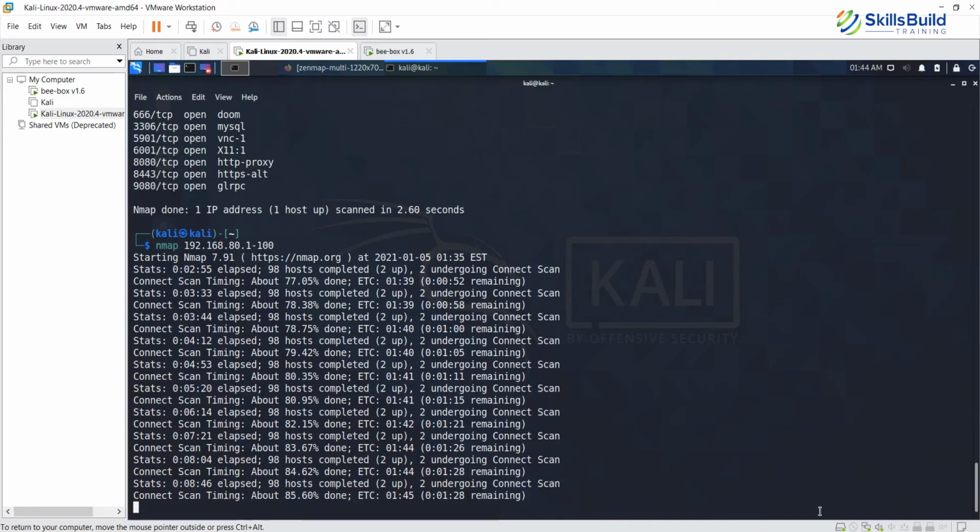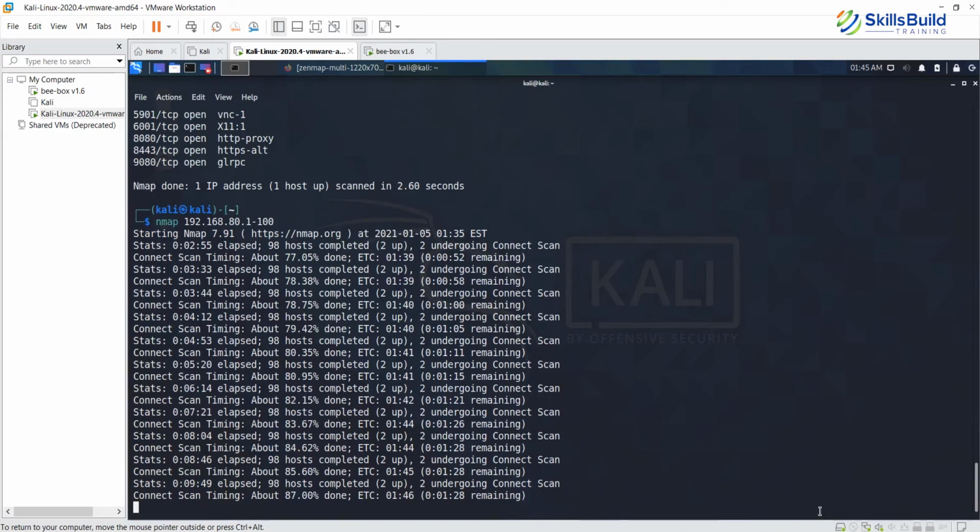Somewhere I also feel like terminating this command because it's taking a lot of time, but I guess it is better to wait and watch and get the output. Okay, 13% to go.